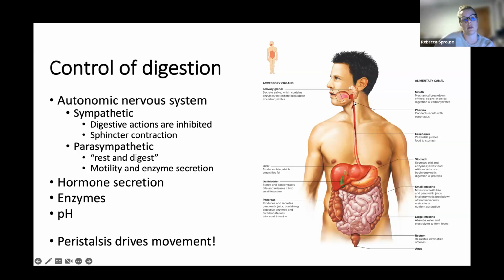So it's really important that we have that pH control on either side of the stomach through the alimentary canal, because otherwise different enzymes and things would not be able to work. And basically the presence of peristaltic movements is going to drive the next step to happen. So if that wave is detected in the next step, then that next step will begin to do what it